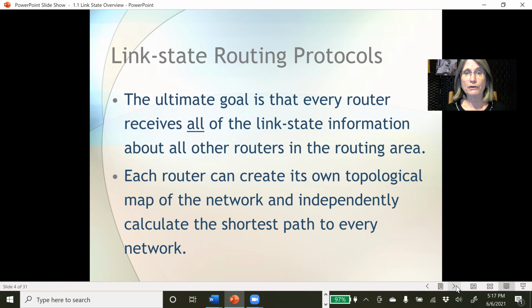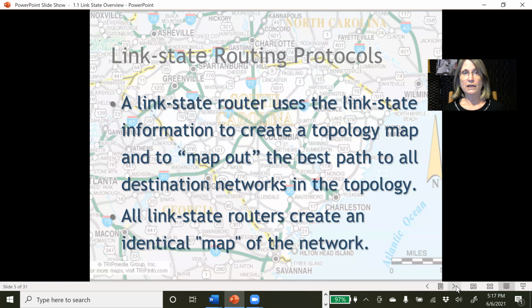And each router creates this topological map, which is really just lots of units of data that virtualize that network. And then they are able to independently calculate the shortest path to every other destination that might be in the